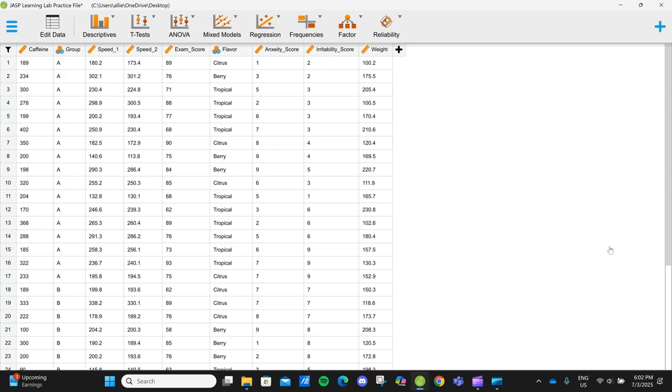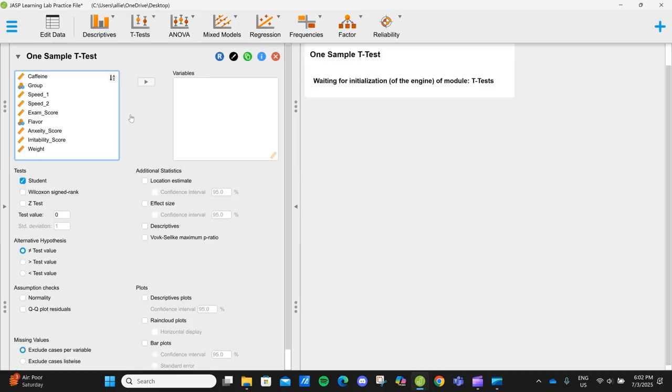Let's say our variable of interest for this one is caffeine, and we're going to be comparing our sample of OSU students, trying to capture the population of OSU students, to the national average for college students. So you're going to go to the drop-down menu first for t-test. We're going to do the one sample t-test. For this, you're going to want it set on student,